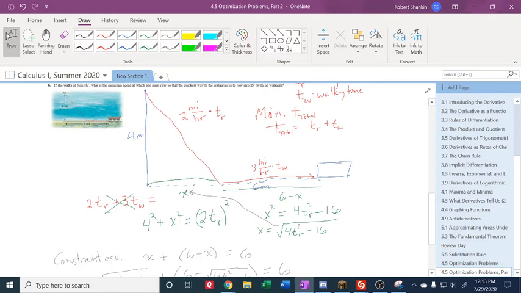You solve it for the time? Yeah, so if distance equals rate times time, yeah, I figured that